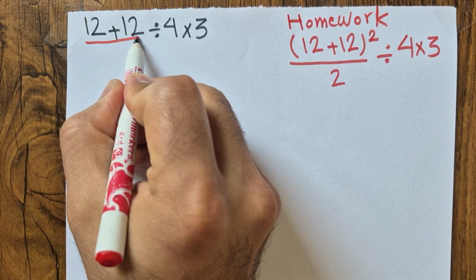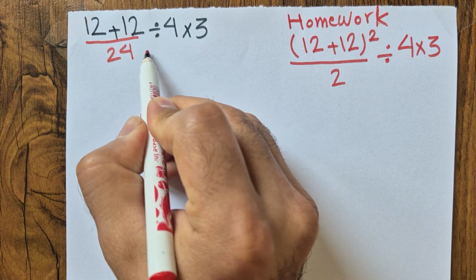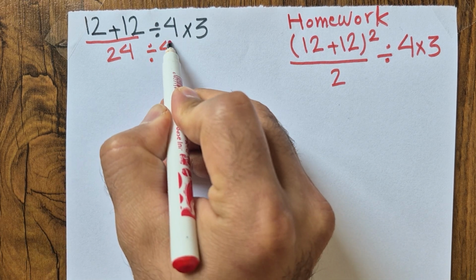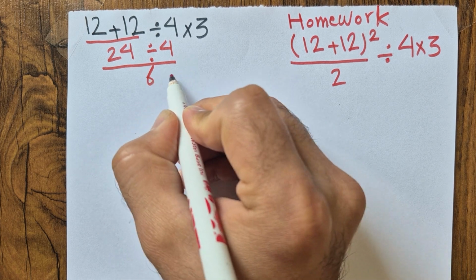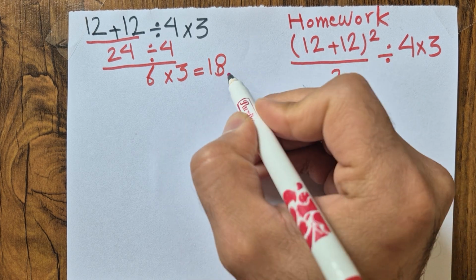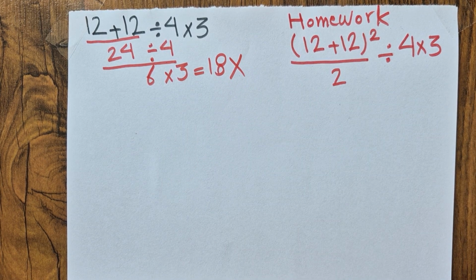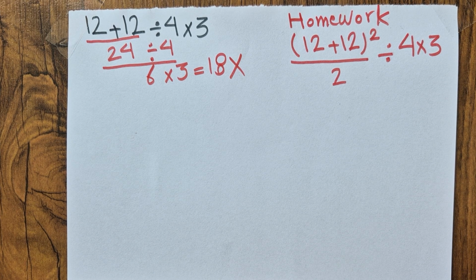12 plus 12 gives us 24. 24 divided by 4 gives us 6, and 6 times 3 gives us 18. Unfortunately, that's not correct because you fell for a big trap, a crucial trap, hook, line, and sinker, and that's